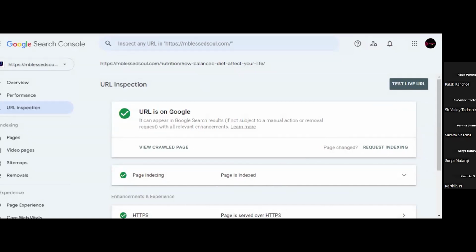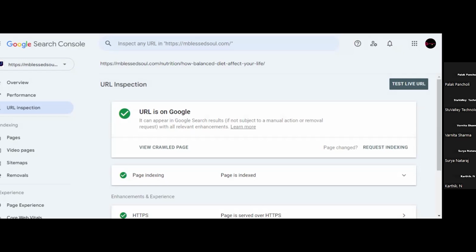Yes. Okay, indexing means when the crawlers of a search engine analyze the content of your website, after crawling your website, they save the content of your website on their server. Why do they save the content on their server?